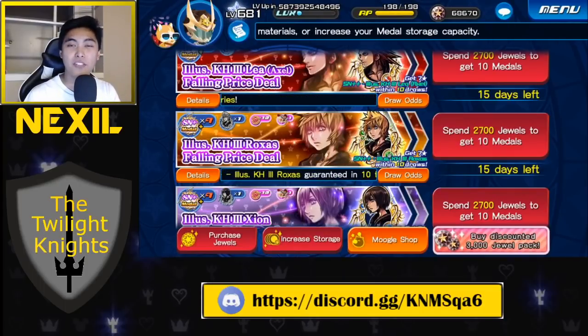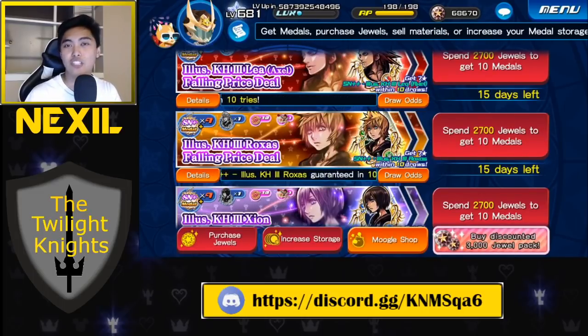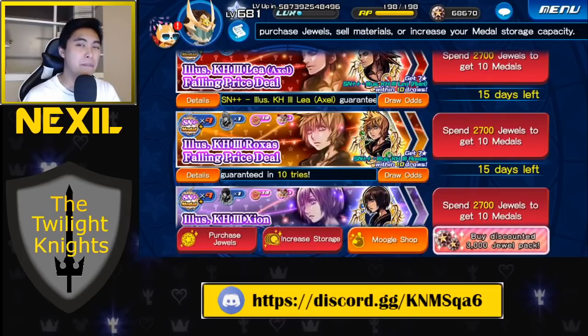Today we're playing Kingdom Hearts Union Cross, and we're going to be talking about the new Supernova Plus illustrated Kingdom Hearts 3 Roxas, Lee, and Xion medals that just dropped yesterday in Global. Now this might be kind of a long video, and I do have a lot of thoughts on these medals,